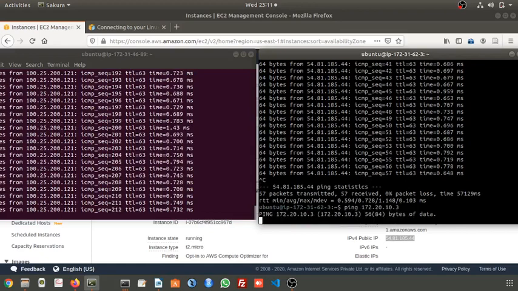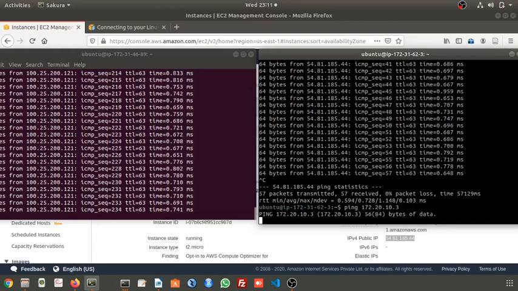So why is it not communicating? Because the subnets are different. We have established this on an Amazon subnet, maybe a subnet we have created, but the local machine is in another subnet.